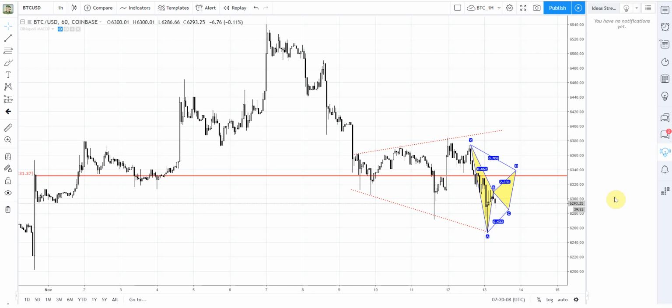Welcome everybody, guys. Let's take a look at Bitcoin. This will be just a brief update because nothing really new has happened here. The butterfly patterns that we are expecting to see here, with the different targets of 61.20 on the daily chart and 58 even, are still valid. So you could also find a lot of different patterns here.